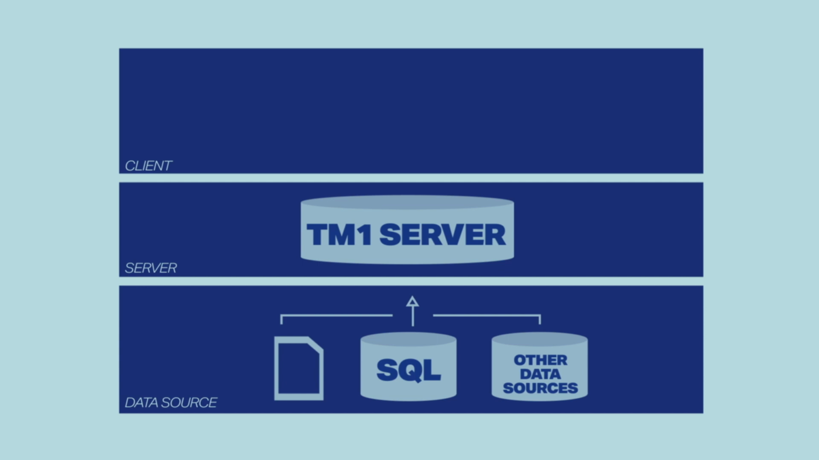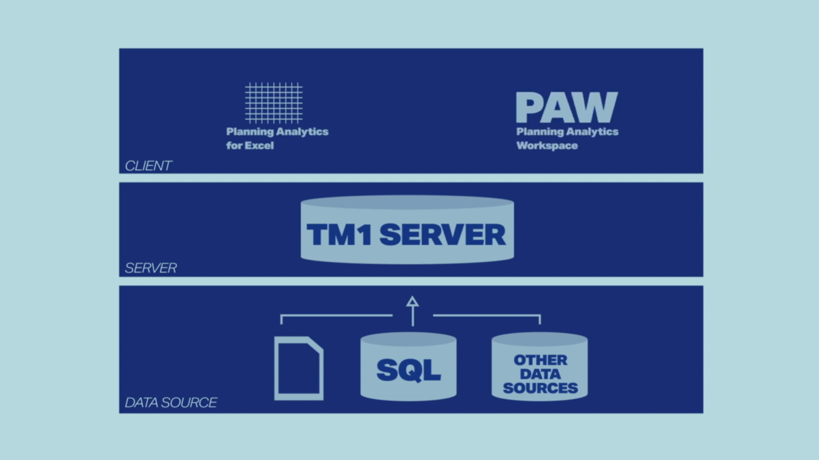The client layer is the interface used by end users and developers to report and develop on the TM1 server. Planning Analytics for Excel is used to create ad hoc or standardized reports through Excel. PAW is a web interface that can be used for multiple things. You can consume Excel reports, pivot data, develop models and business logic, and PAW can also be used for dashboarding. As a bonus, both interfaces have write-back capability to the TM1 server, so you can use IBM Planning Analytics for